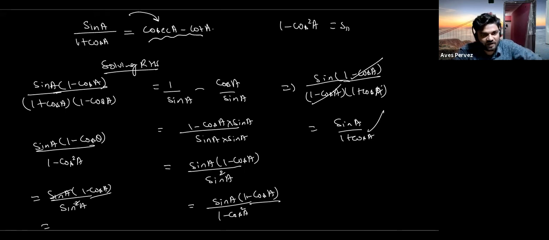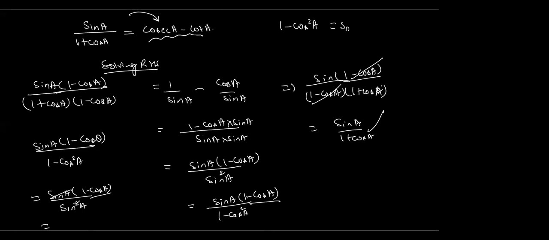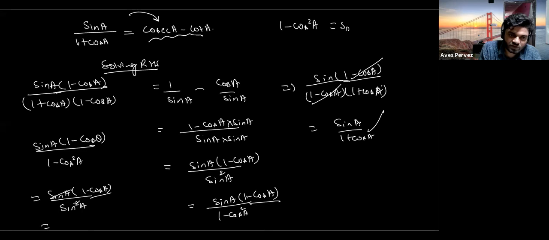Okay, so if I do it, this one is 1 plus cos a, so we multiply this term with 1 minus cos a, in the numerator and denominator both. Got it? Yes, sir. So when you multiply this one, you will get 1 minus cos square a, because this is a minus b, a plus b, a minus b. This will become 1 square minus cos square, and 1 square is 1 actually. So you can write here 1 minus cos square a. Now do not multiply this term inside. Let it be.